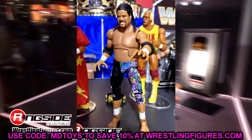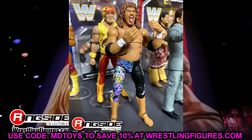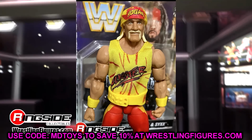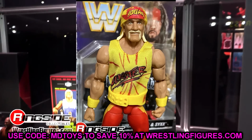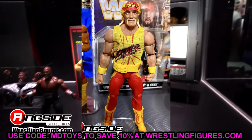That's the figure that I'm most looking forward to, but Hulk Hogan, I don't know. It's got that newish head sculpt. It's kind of like an updated form of the old one. I'm glad that some people are going to be very excited for this. I'm sure you could just do a torso swap and play around with some stuff and fix it up, but